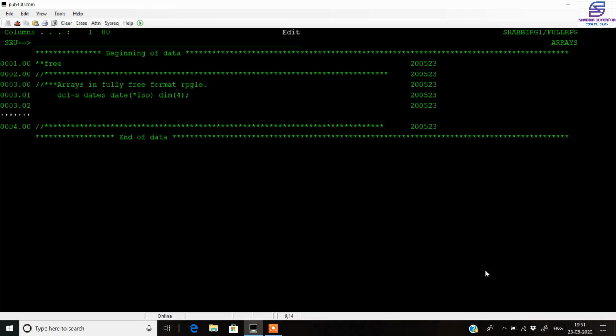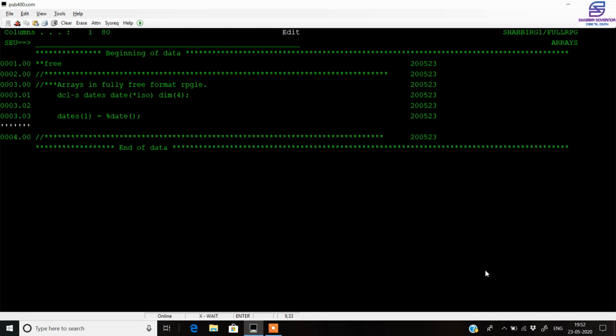So once the array has been declared, now it is time to set the values of the array. To set the values of the arrays, you need to use the parenthesis bracket. So we'll write dates. The first term in the array is going to be today's date. So I write *DATE, and we call the inbuilt function. Then we set the second date as today's date plus 1 day ahead. So we want the date of tomorrow in this second placeholder of the array dates.